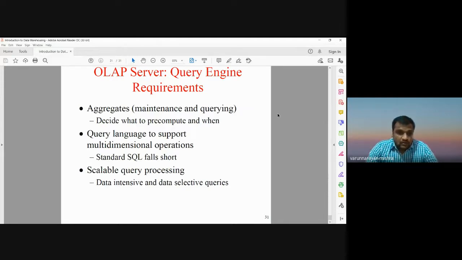So this is all about data warehousing and OLAP. Today we have discussed data warehousing, the need of data warehousing, and what is the difference between OLAP and OLTP, and how relational database management systems and multi-dimensional database management systems are used for the OLAP server, that will be used for accessing the information from the data warehouse.